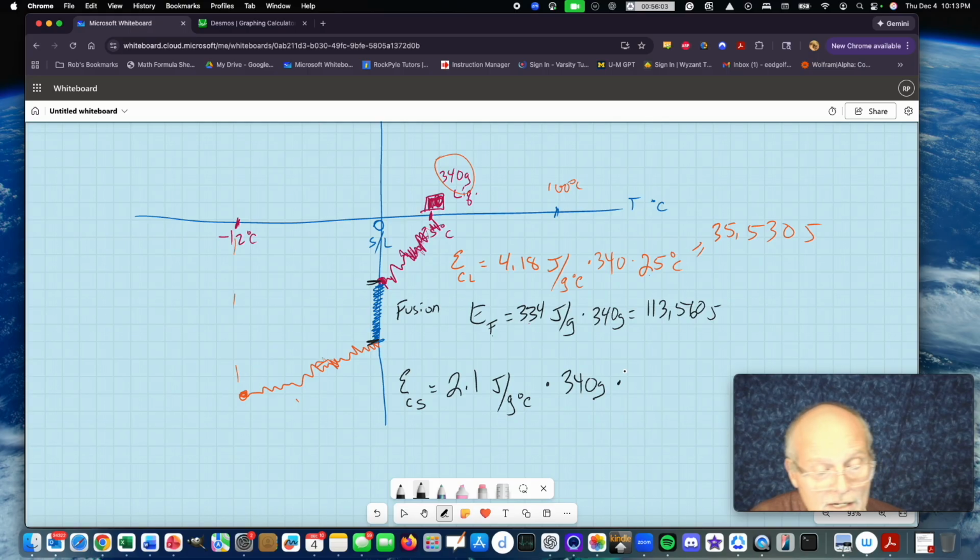From 0 to negative 12 degrees C. And that is 8,568 joules. So that gives me my 35,000, 113,000 to get it to solid, and then 8,000 to get it to minus 12. And if I add those together,